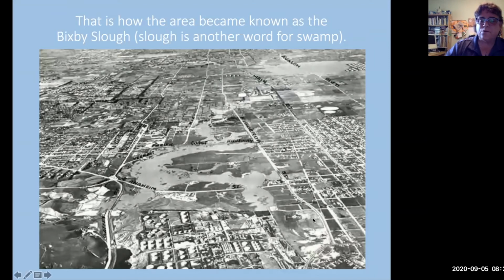And it was really, really interesting. So this is Harbor Lake. This is the Wilmington Drain going into the Bixby Marshland. And then it's connected to another water body that goes all the way over here into Torrance, into Long Beach, and into the 91 freeway. So it was just a huge area of water.